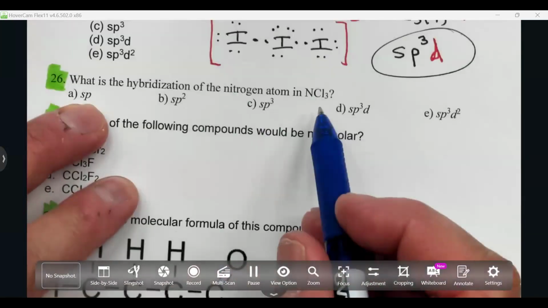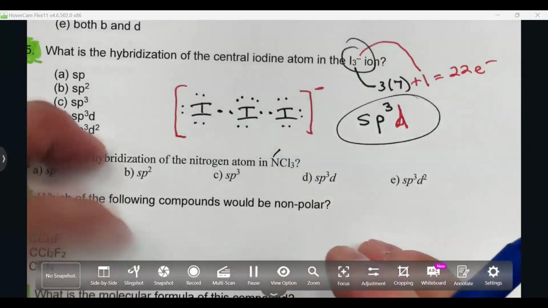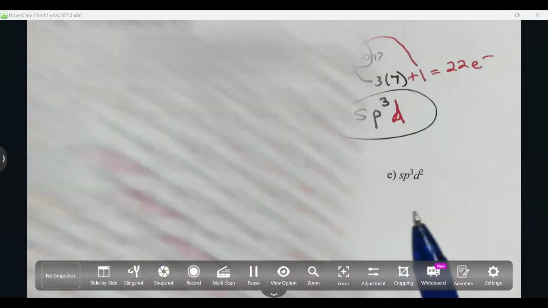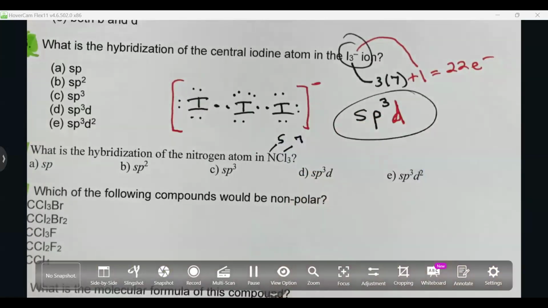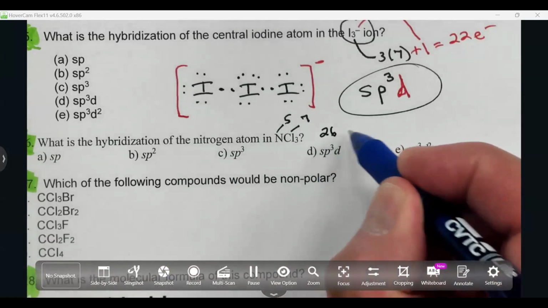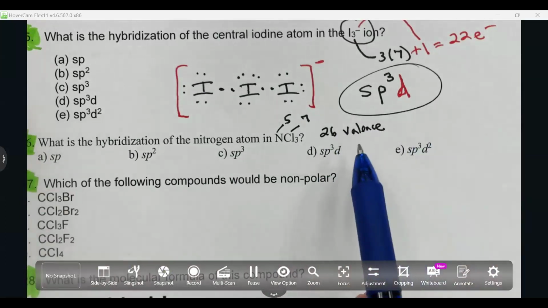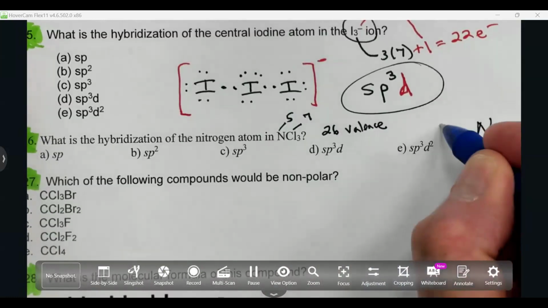Same thing. What's the hybridization if we have NCl3? Well, my valence electrons here for nitrogen is 5, right? 5 for the nitrogen. Chlorine is in group 17. So it looks like we have 26 valence electrons. 26 valence electrons, nothing new there. So if we go N, Cl, Cl, Cl,